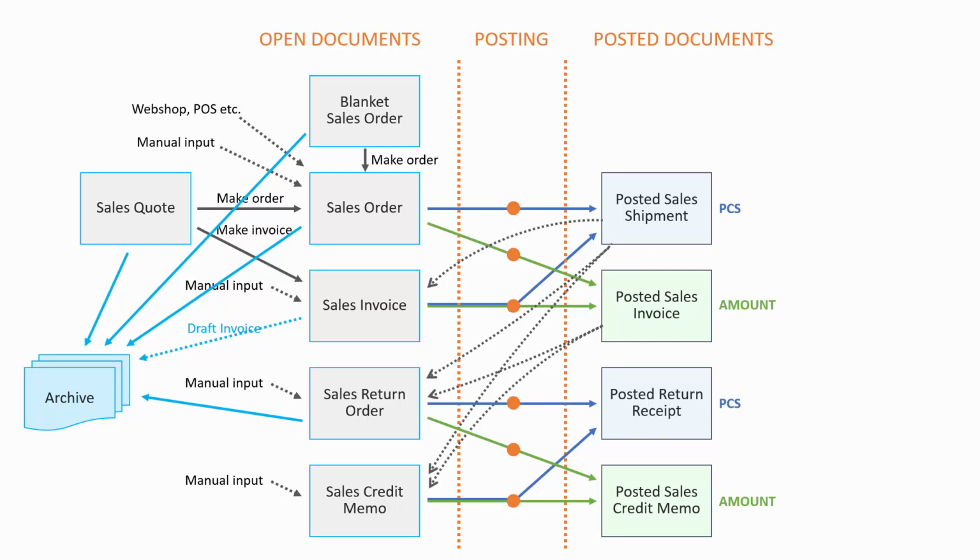It's possible to set up archives in the sales and receivable setup, and if you do that, it's possible to archive sales quote and blanket orders and sales returns orders. So on different actions on the open documents, it could create an archive entry so you can see the history on the order. There's also a functionality when printing a sales draft. There's a check mark if you want to archive the sales draft before invoicing it. So that's an archive functionality.